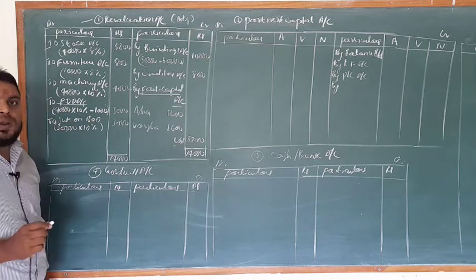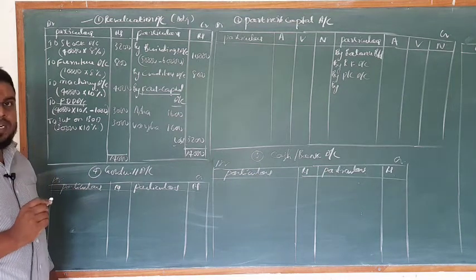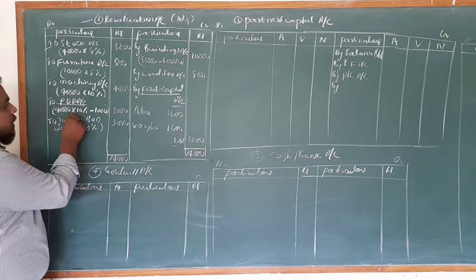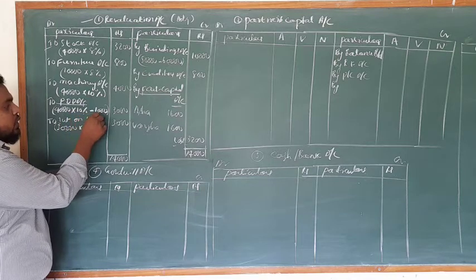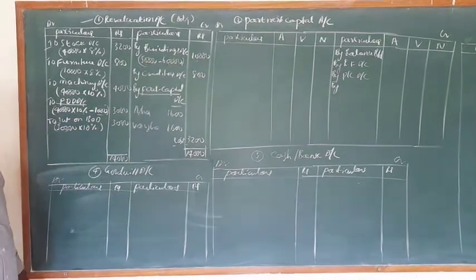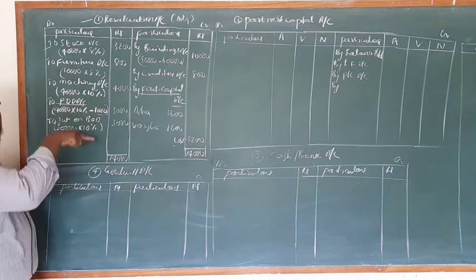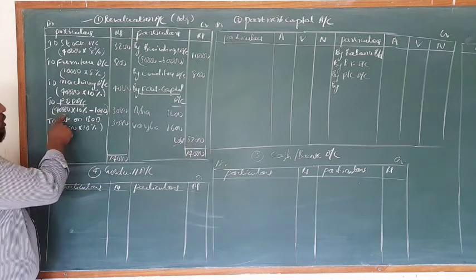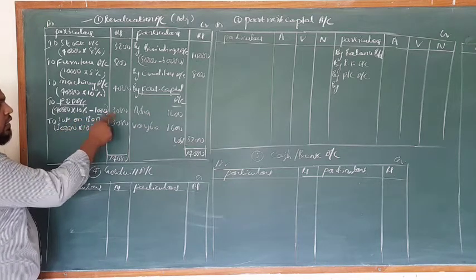So always remember, whenever you get the old provision in the old balance sheet, provision reserves, that amount we have to minus in this calculation. 40,000 into 10%, 4,000 minus 1,000, so the amount column is 3,000. It is clear that the old provision given in the old balance sheet, we always have to minus.